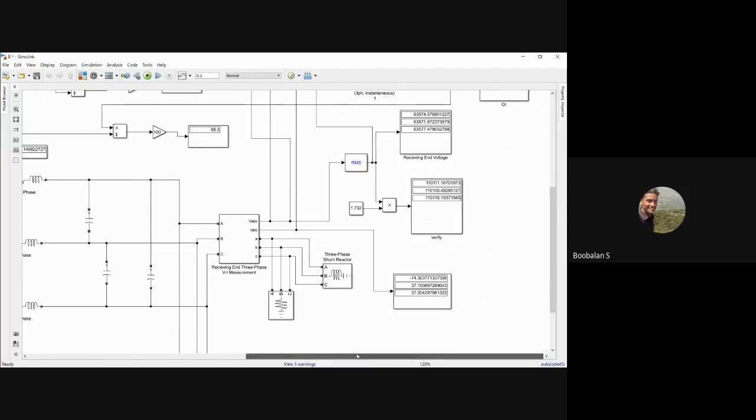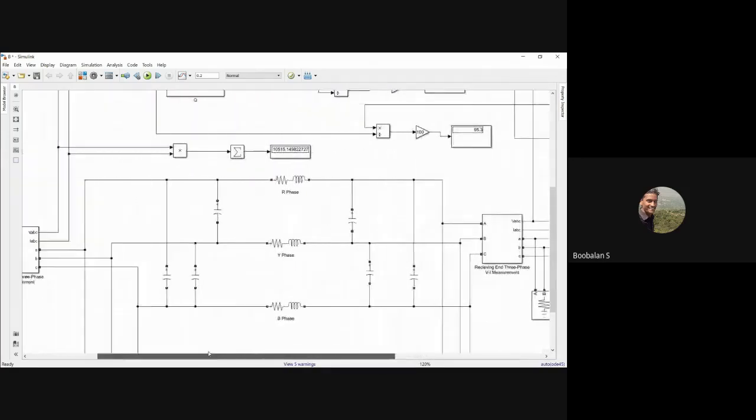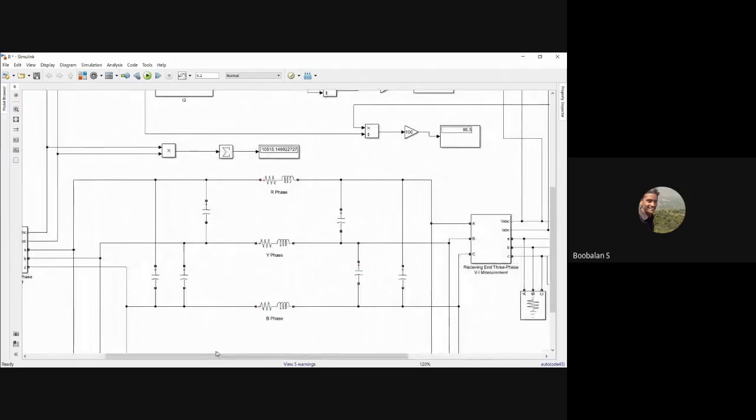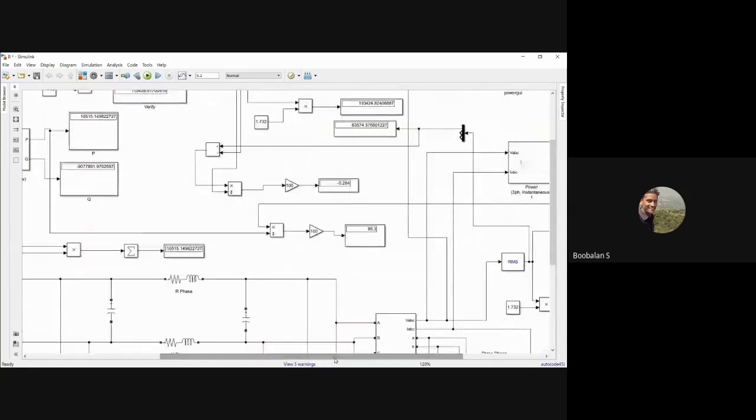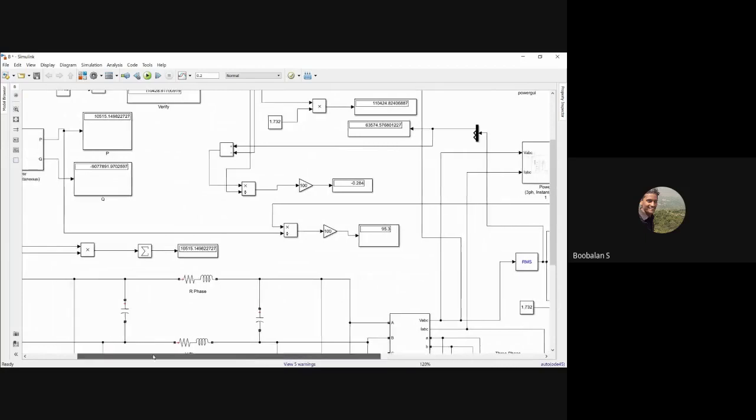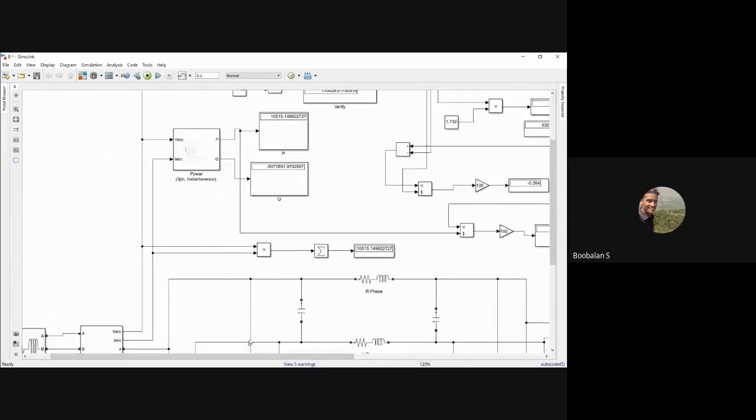Now, the remaining two more things we need to calculate: sending end power, receiving end power, sending end apparent power, receiving end apparent power, voltage regulation, and power transmission efficiency. These are the things we had to see. And in the last class we saw about sending end power. Actually, we calculated it over there, right? So this is my sending end power calculation. Power is nothing but V into I, right? So that is why three-phase power.